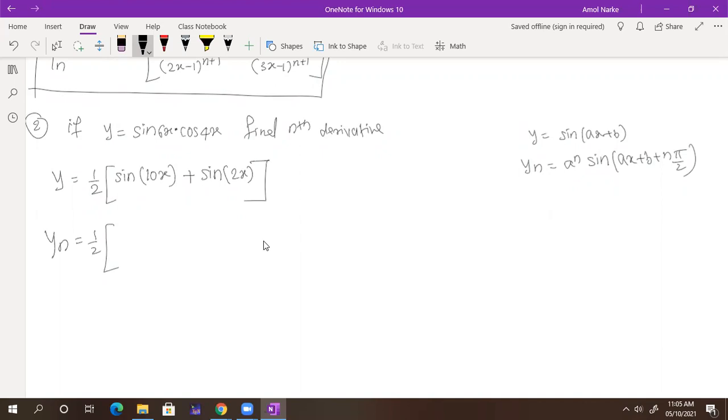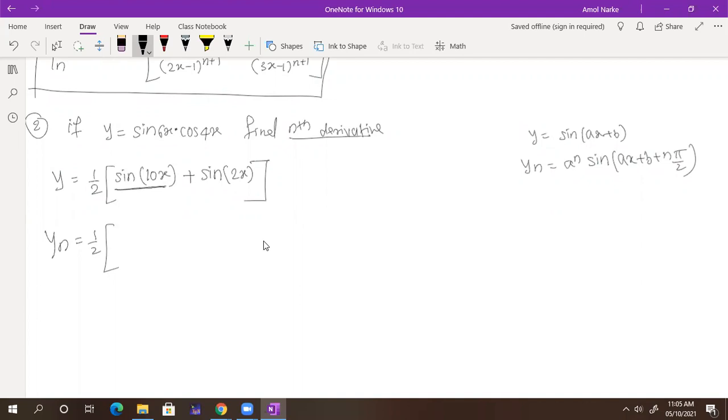See, very simple. We have y is equal to sine 6x into cos 4x. We have a product here, but we don't have any formula to find the nth derivative directly from the product. So we need to convert this product into some addition or some subtraction. So I use the formula here: sine A cos B is nothing but sine A plus B plus sine A minus B divided by 2. So 1 by 2, I write down this formula. Now I take the nth derivative on both sides. So here the nth derivative is yn, with 1 by 2 constant here. Now my question is, what is the nth derivative of sine 10x?